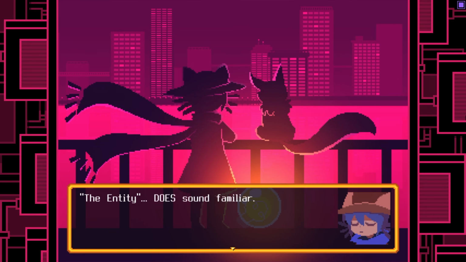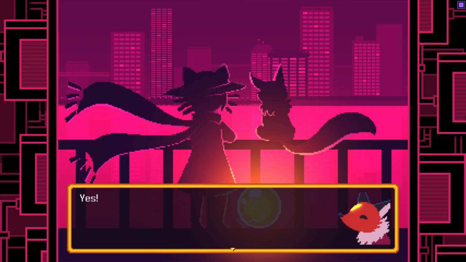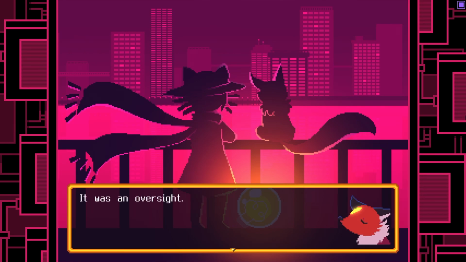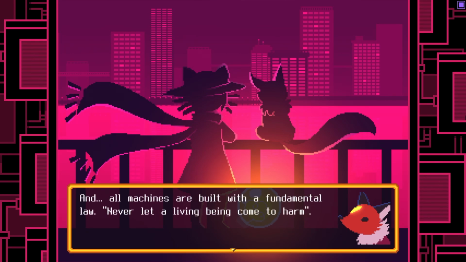Oh. The Entity does sound familiar. I think I heard it from the Dice Lady from another time. Was it the spirit of the world? Yes. But, thing is, the World Machine was only built to run on the mental abilities of someone else. It was never meant to develop a mind of its own. Ah, yeah. It was an oversight. My creator specialized in artificial intelligence for so long. It was simply ingrained in his work. And all machines are built with a fundamental law: never let a living being come to harm. Yep. It's the